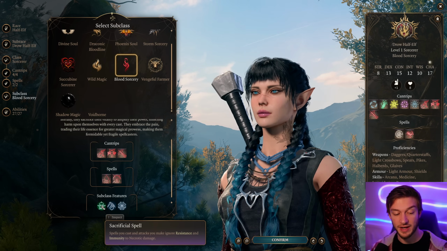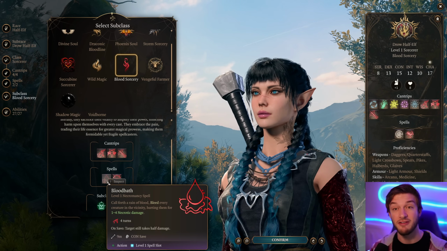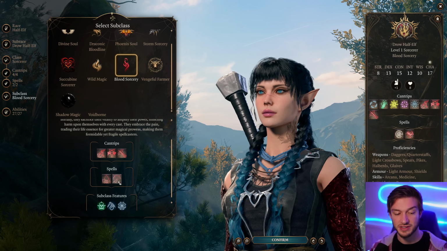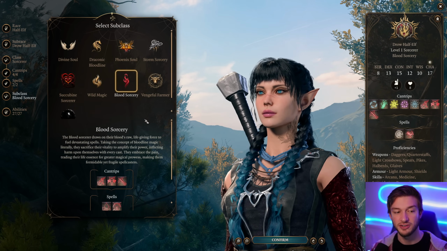And then also, spells you cast make you ignore resistance and immunity to necrotic, so it ignores a big weakness of necrotic damage, which everything is resistant to. So now you also heal yourself with necrotic spells, because all these are marked as necromancy spells. It's a blast. You also get the regular sorcerer spells, so you can do your regular sorcerer